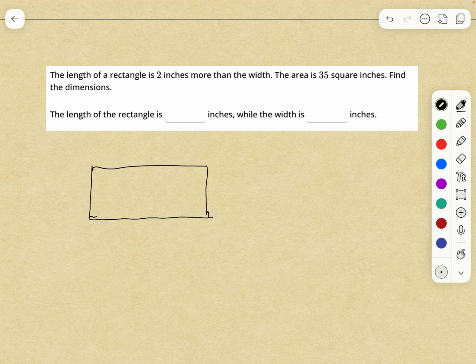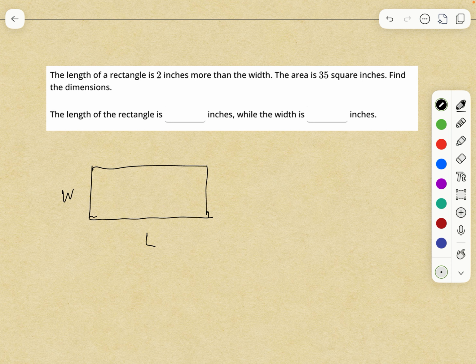Now you might even see what the answer is right away because you know the area is 35. Okay, but let's just pretend we don't know what the answer is. So the length of a rectangle is 2 inches more than the width. So let's say that this is... now we could label the width and length as L and W. Okay, that's fine. But in general, if it's possible, we want to get things with only one variable instead of